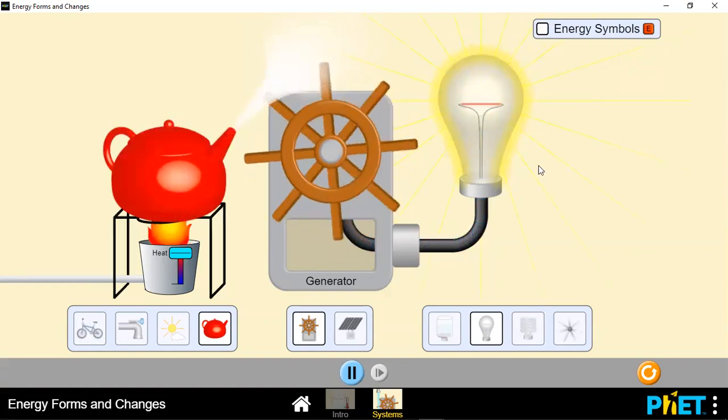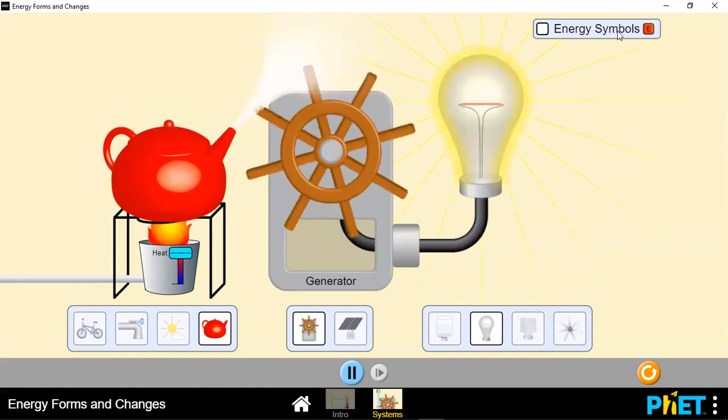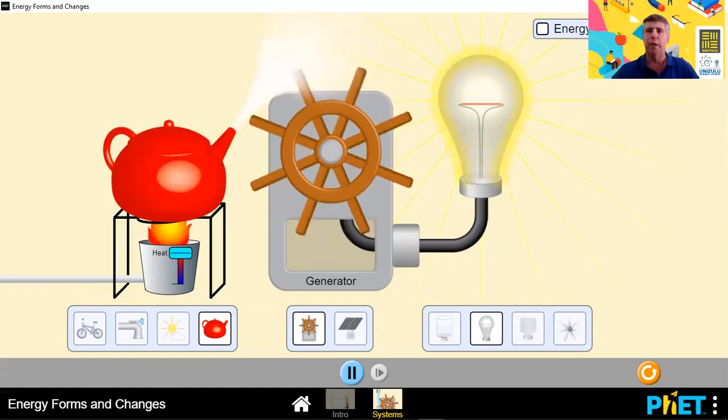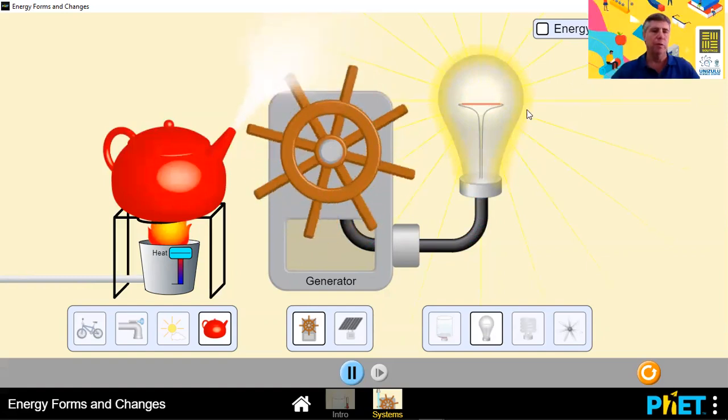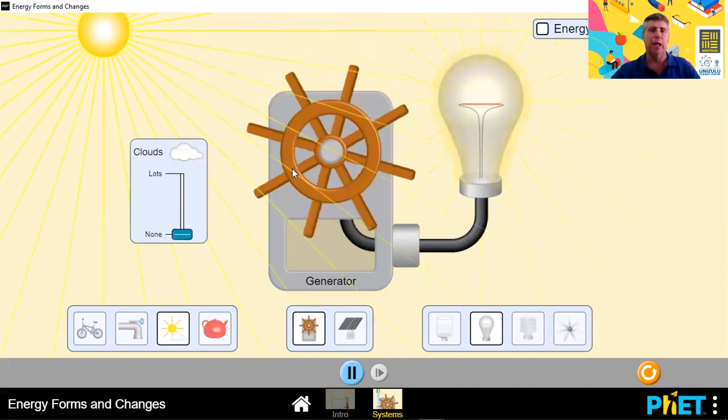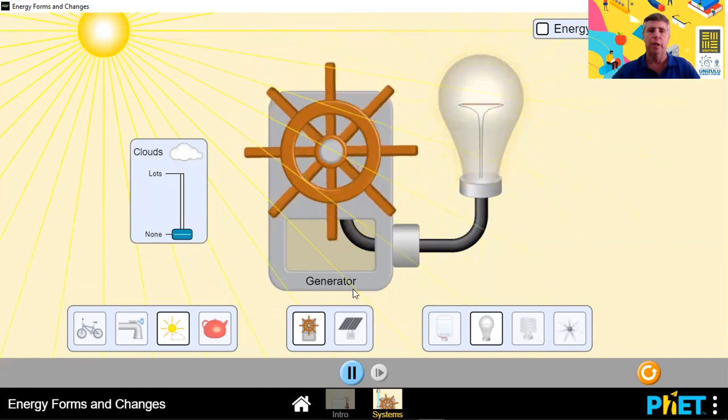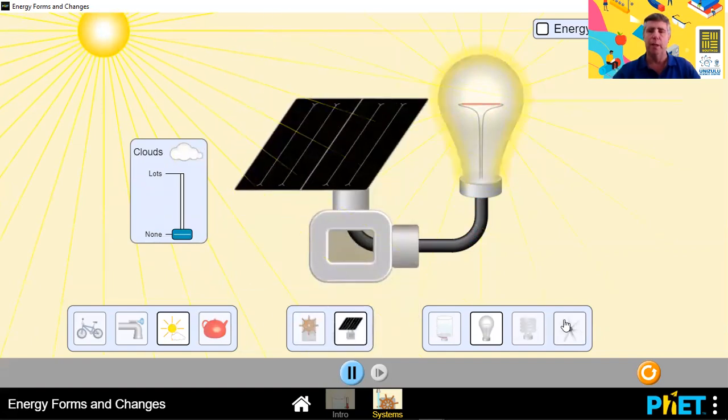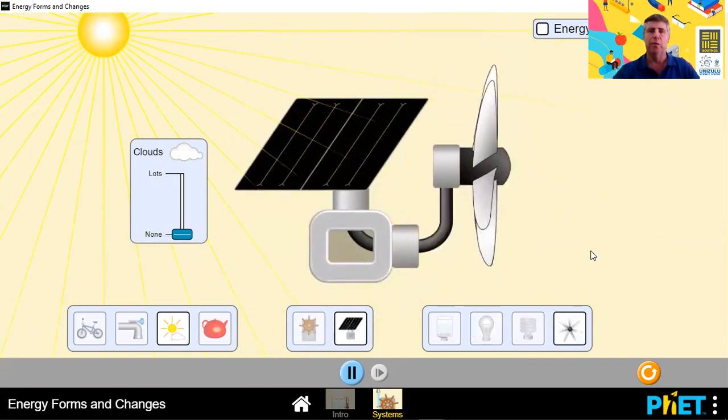Let's go straight to the second one, and I want to do it in front of you and show you just how easy it is to set up this PhET simulation. So in the second case, we're going to have some sunlight. Now, of course, sunlight will be no good for a mechanical generator, so we need a solar panel, and in this case, we're going to get it to turn a fan. Switching on the energy symbols again,